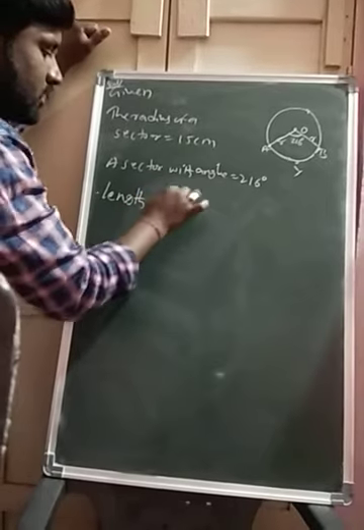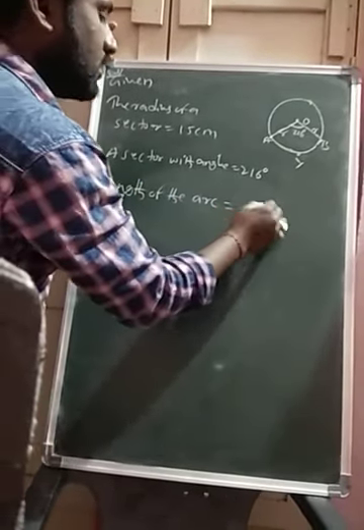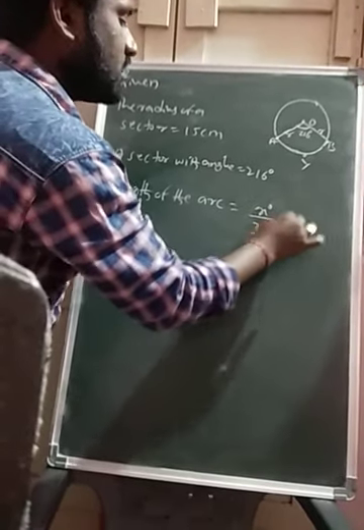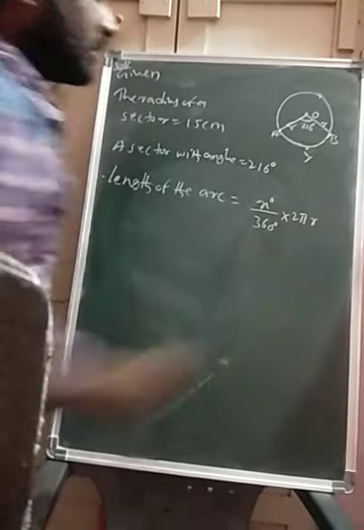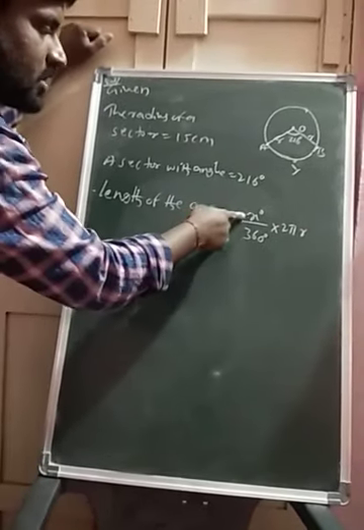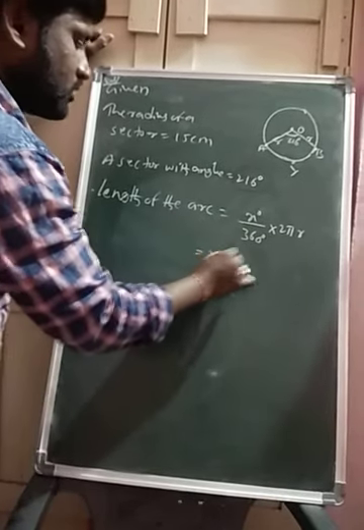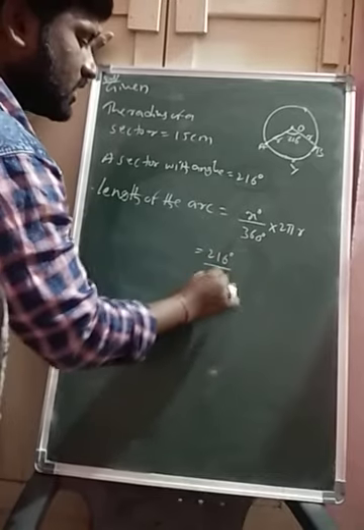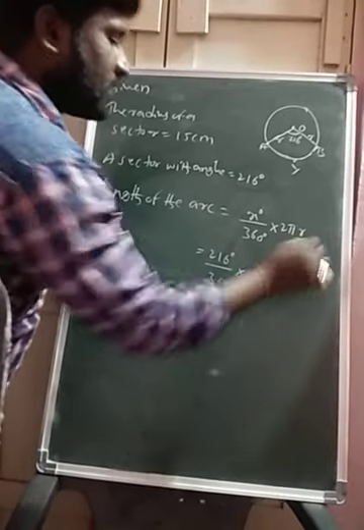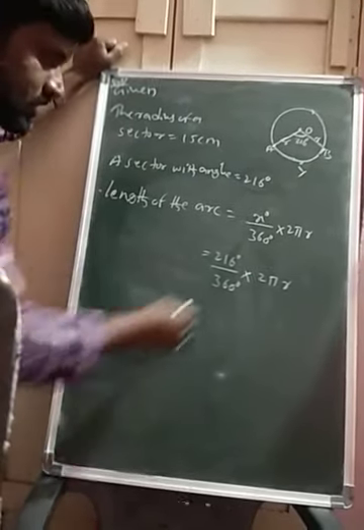Length of the arc is equal to x degrees by 360 degrees into 2 pi r. This is the length of arc formula. So here x degrees means what? That is 216 degrees. 216 degrees by 360 degrees into 2 pi r. Okay? So children, here I am going to cancel